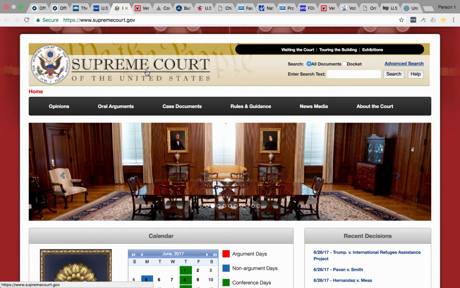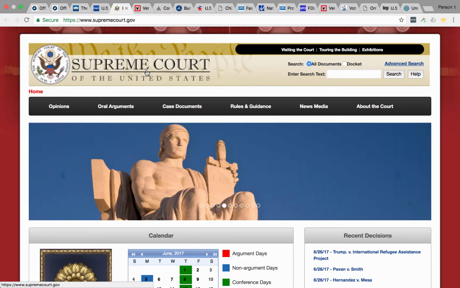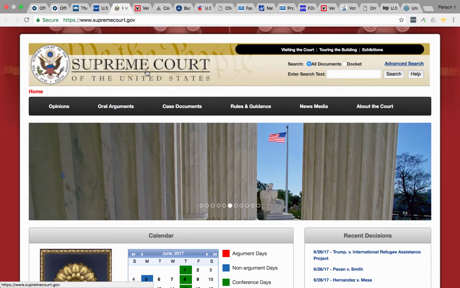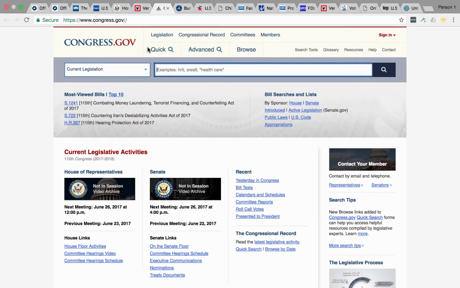We'll talk more about courts and crime later, but this is the official site for the Supreme Court, where you can find case documents, opinions. You can actually listen to the oral arguments as they're being done, and a very useful site to look at the laws. This is the main site for the U.S. Congress,